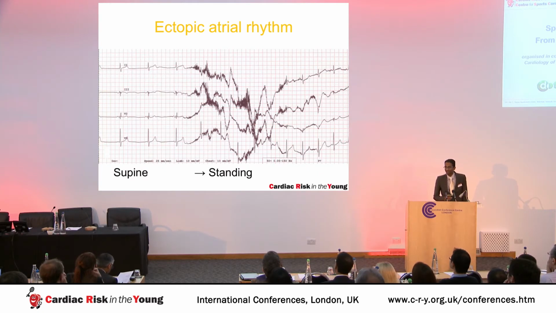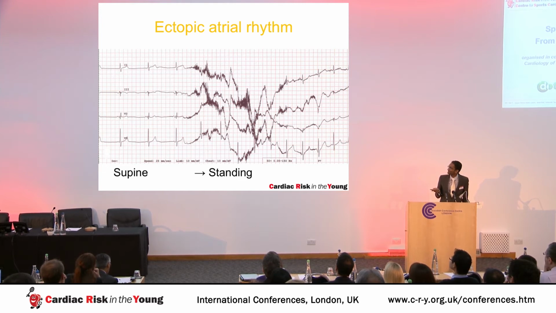Another simple maneuver that can elicit sinus rhythm from relative bradycardia in an escape rhythm such as this, we again have, this is a rhythm strip of someone going from supine to standing. And again, you'll see inverted P waves here in lead 3, and within a 10-second rhythm strip, the act of standing then moves these P waves upright, again revealing normal conduction.